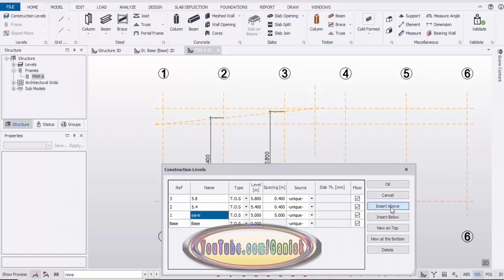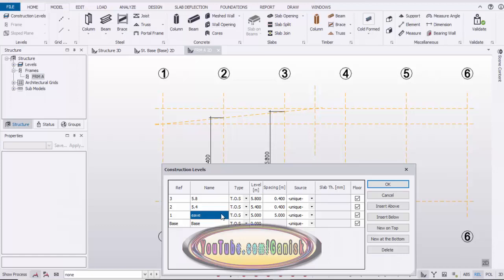And insert above, and let's take... we don't require this level actually. So just delete it.